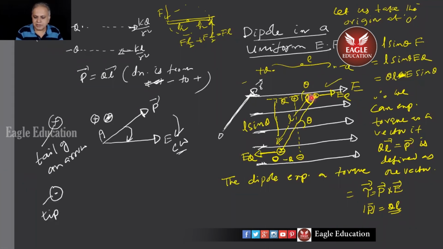See, this is turning this way, this is turning that way because of the force. There's a clockwise rotation. The torque is causing a clockwise rotation. So if I define torque as P cross E, the direction of the rotation, the sense of rotation, is given by the vector torque, which will be into the plane. If torque is into the plane, rotation is clockwise. If the torque is out of the plane, rotation is anti-clockwise.